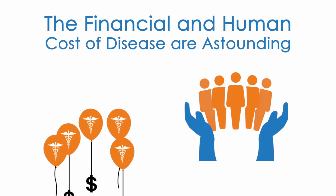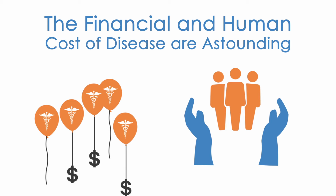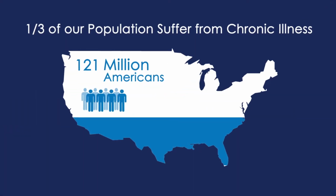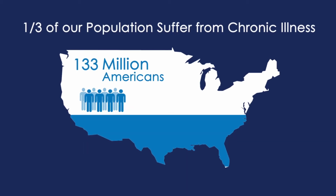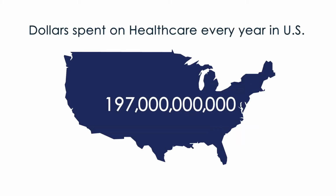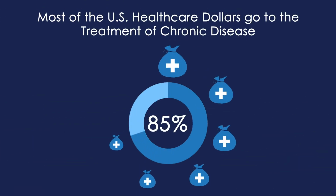The financial and human cost of disease are astounding. Today, 133 million Americans, that's 1/3 of our population, suffer from chronic illnesses. 70% of all deaths are a result of a chronic disease. The U.S. spends $2.8 trillion on healthcare each year, and 85% of those healthcare dollars go to the treatment of